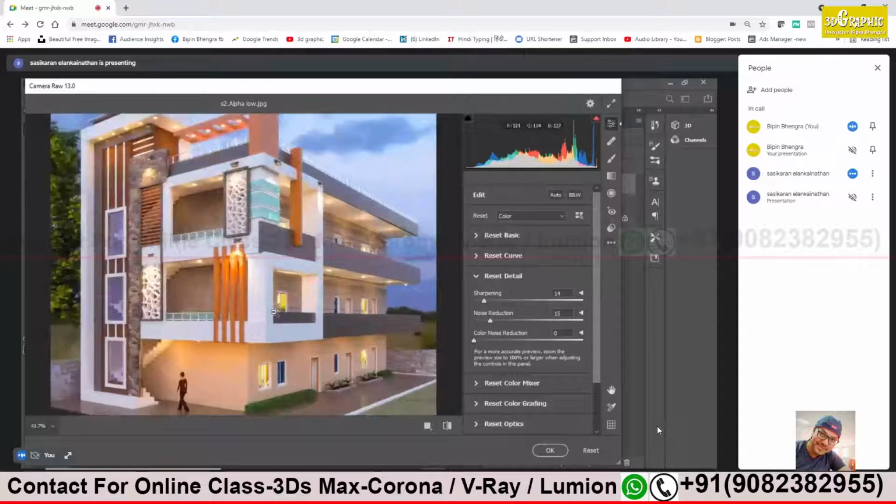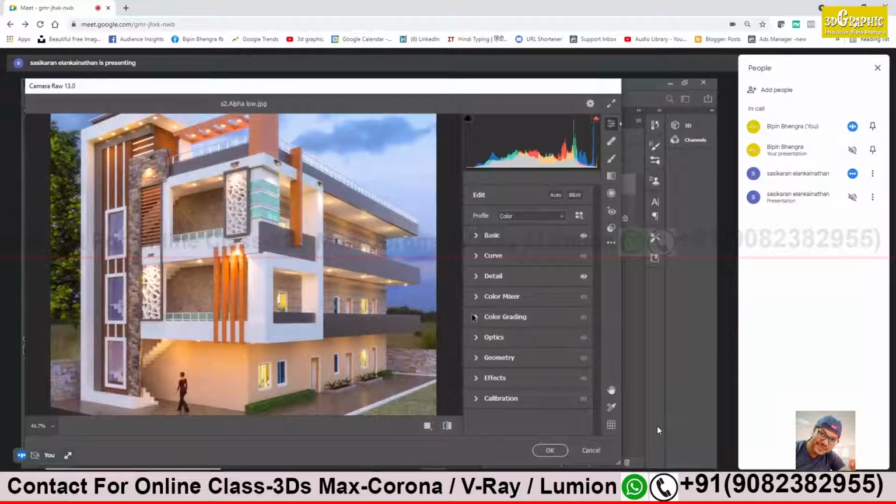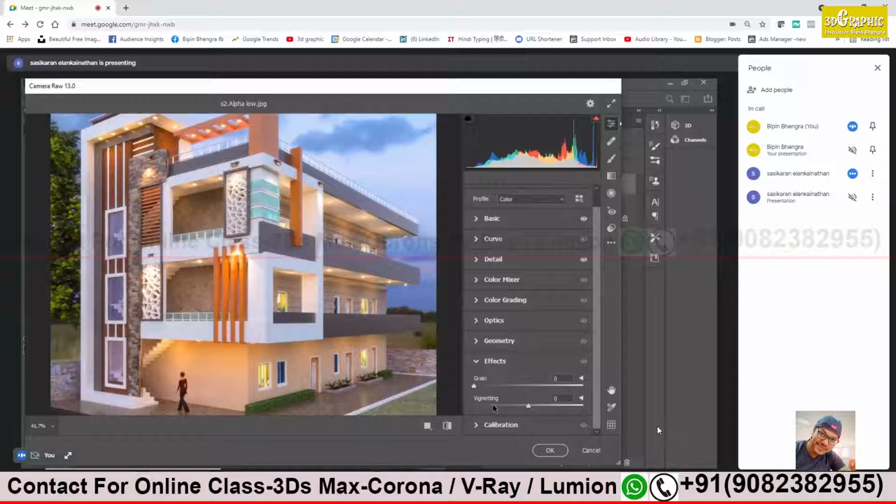After we have seen basic and details, come below: color grading, geometry, effects. Just go to effects. I have not seen this, it is not there on my computer, I think. Grain, we have done this. Grain, vignetting. Do you know vignetting?